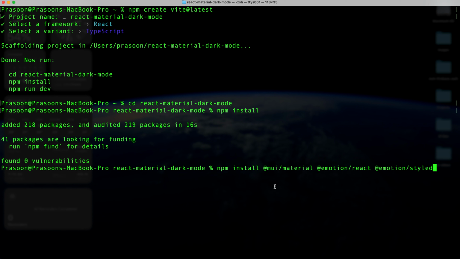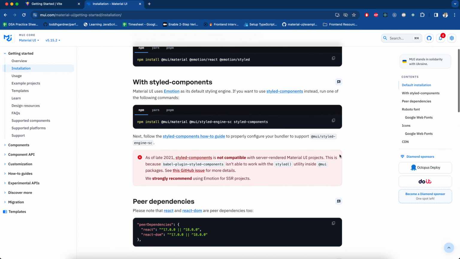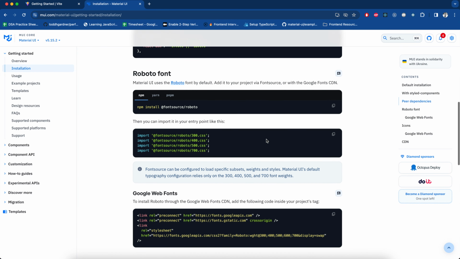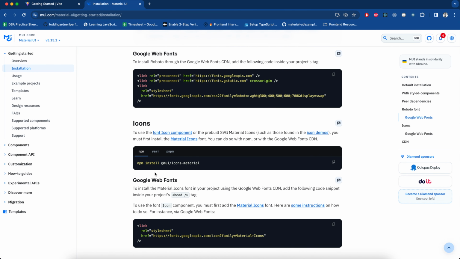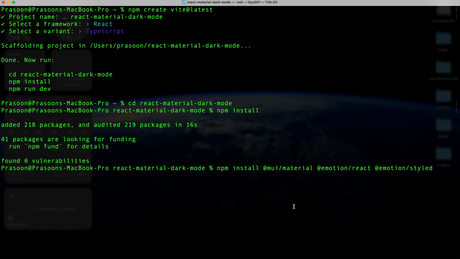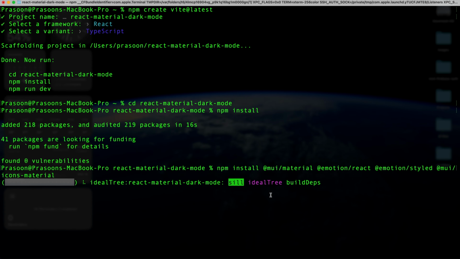Now, apart from all these packages, that is MUI Material, Emotion React, as well as Emotion Styled, we also require MUI icons. So if you scroll down on the same page, you will see a command which helps us install these things for us. Now simply copy this @mui/icons-material and paste it right here. Now you can press enter and this will install all the packages required around the Material UI library, icons, and components